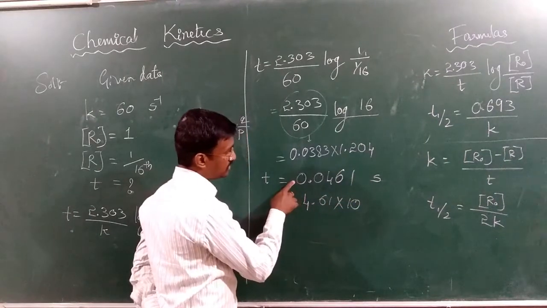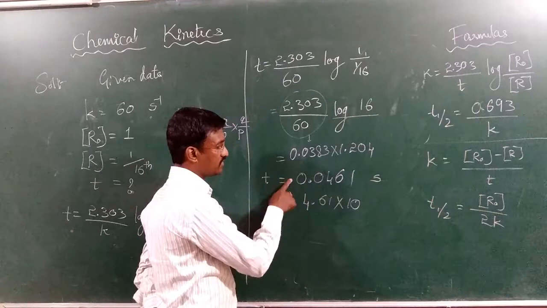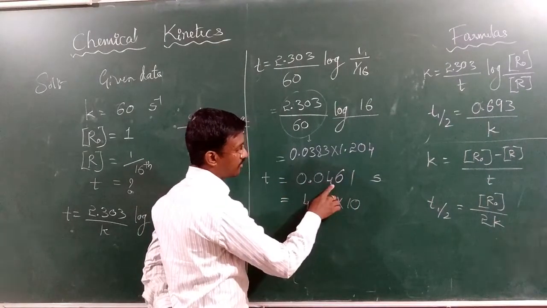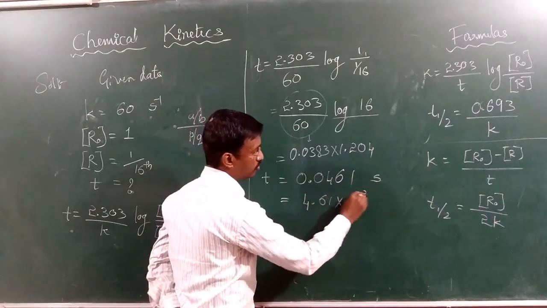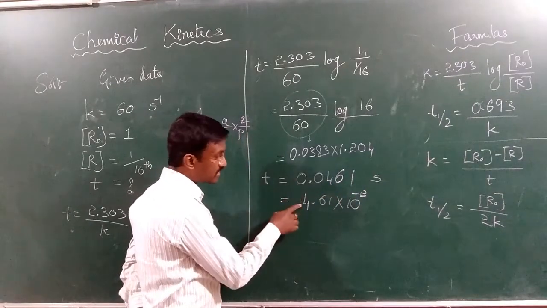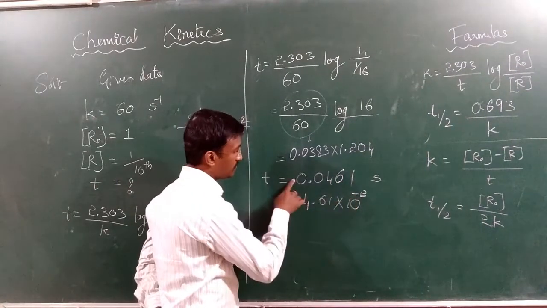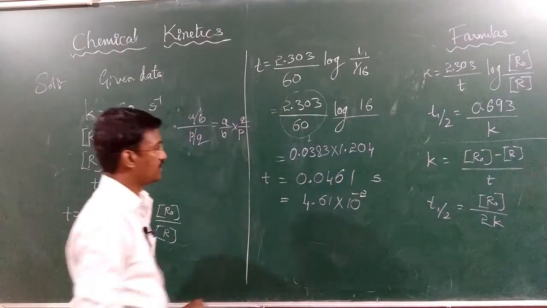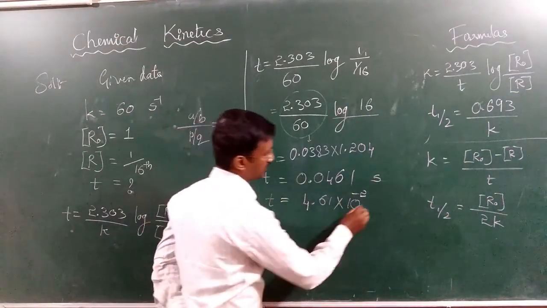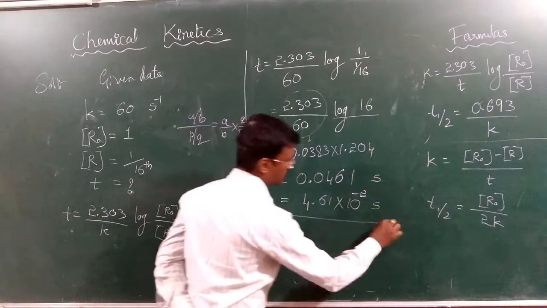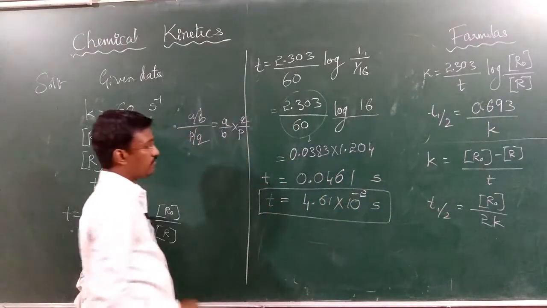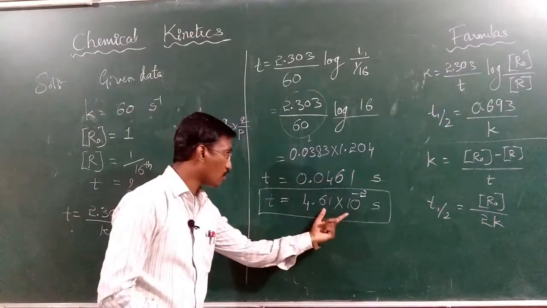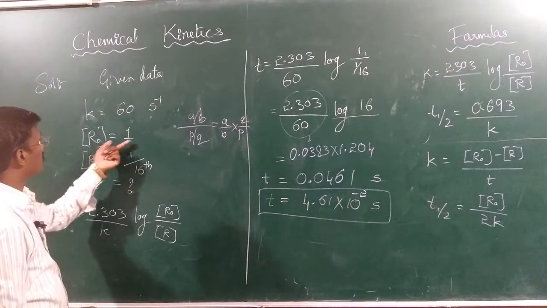Can you see here? This is a lower number, this is a greater number. If the number is increased, you have to decrease the power. I have shifted 2 digits, therefore I have to write -2. If the number is reduced, you have to increase the power. If the number is increased, you have to reduce the power. You should remember this very smart key point to write the powers. Therefore, time is equal to 4.61 into 10 raised to -2 seconds